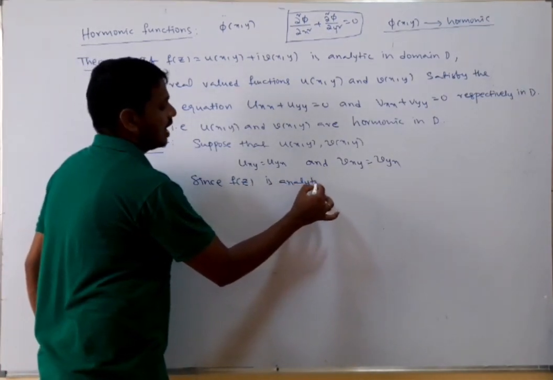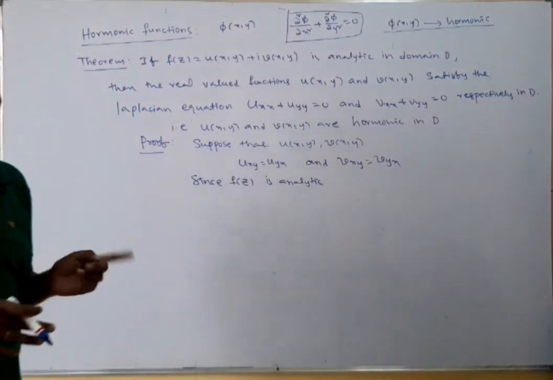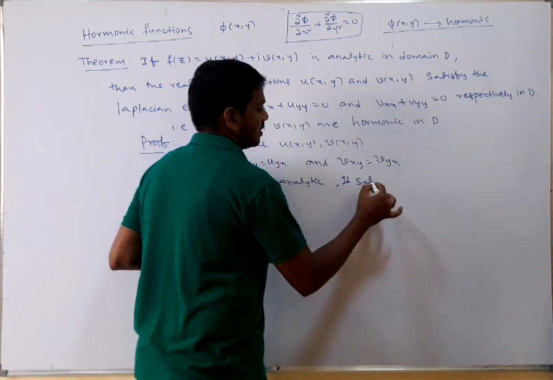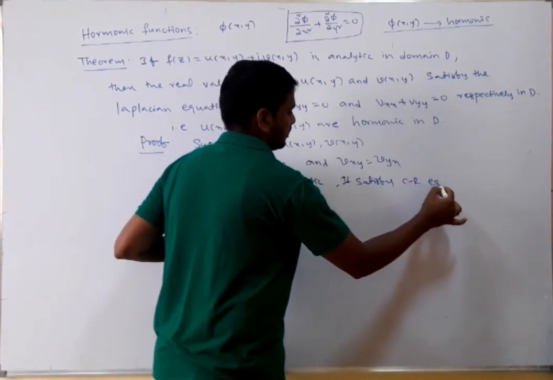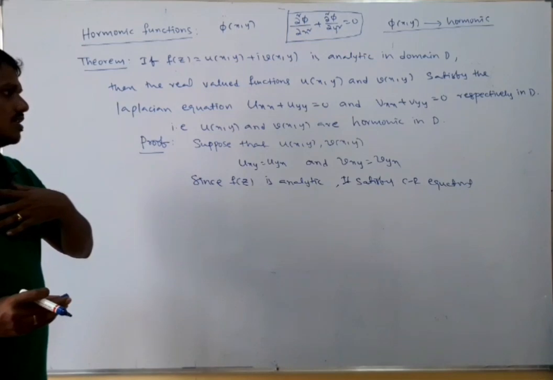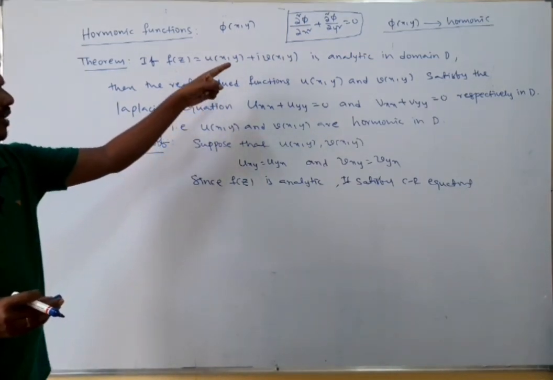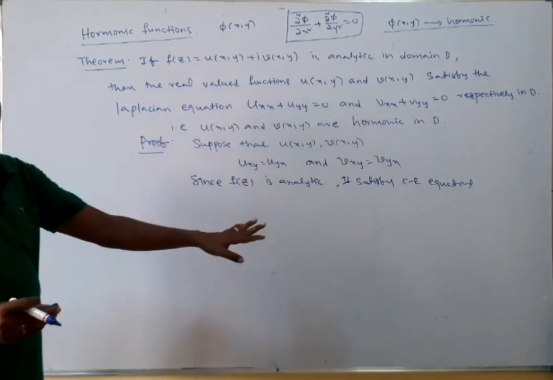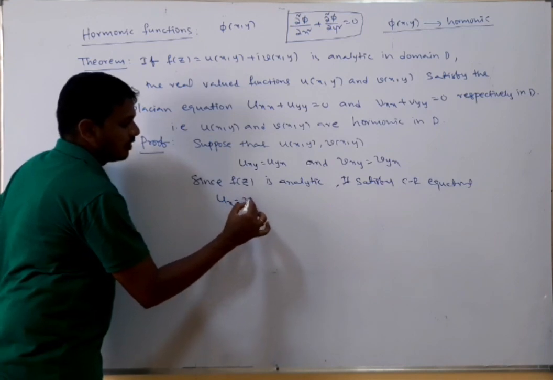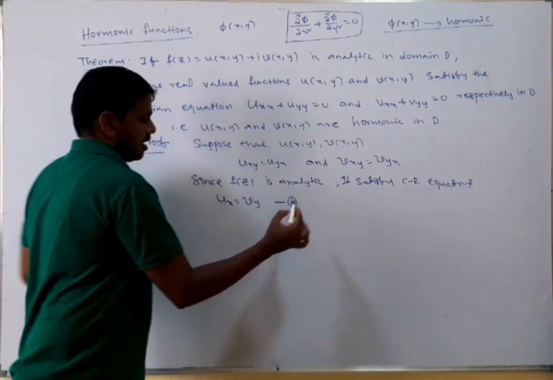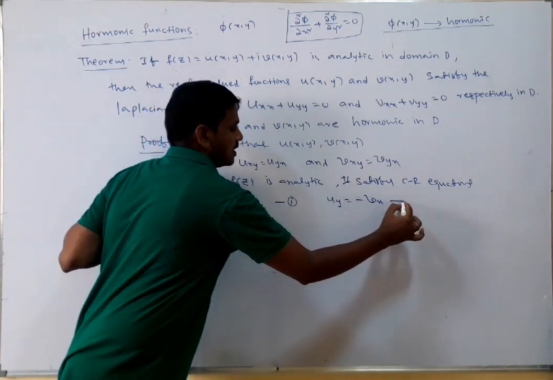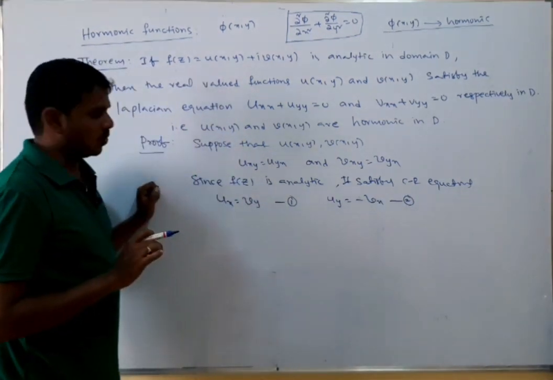when it is analytic, then the real part and imaginary part satisfy the CR equations. Analytic, then it satisfies the CR equations. Our objective is, we claim to prove the functions u(x,y), v(x,y) are harmonic in D. Okay, CR equations. See, what are the CR equations? ux is equal to vy, first one, and uy is equal to minus vx. So this is 2. Now I am concentrating on u only.